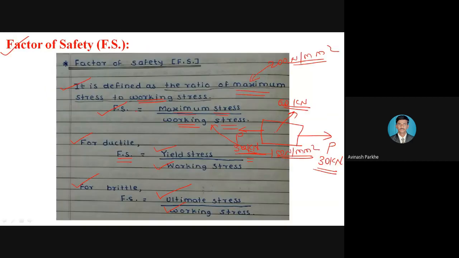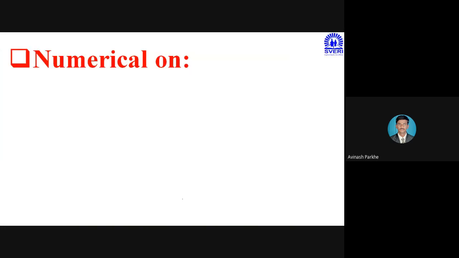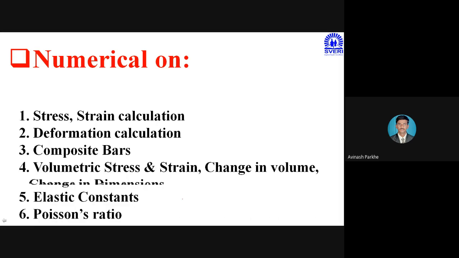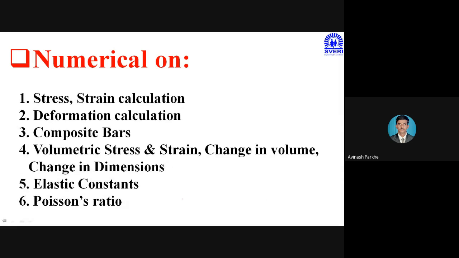So these are all the important theoretical parts we have discussed till now. Now we will solve some of the basic numericals. But in this particular chapter, which types of numericals do we have to solve? There are many varieties of numericals in this chapter. These are the various types. The first is related to stress and strain calculation, that is, we have to calculate sigma, and sometimes we have to calculate the strain.